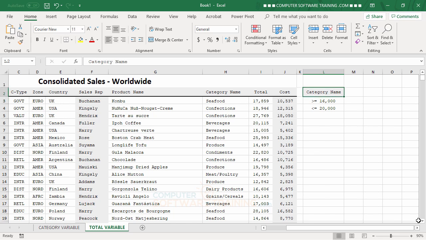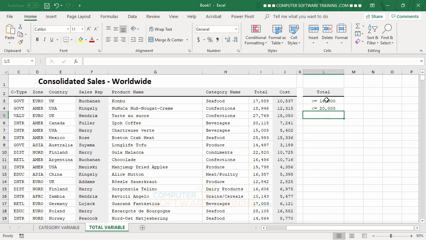Let me just do the total on that one. All right, there you go. No big deal. So the deal here is that we want to set this formula up for the conditional formatting where it takes into account both of these and only gives me those records, those rows that fall between these two